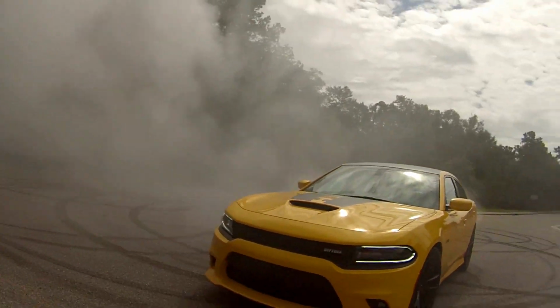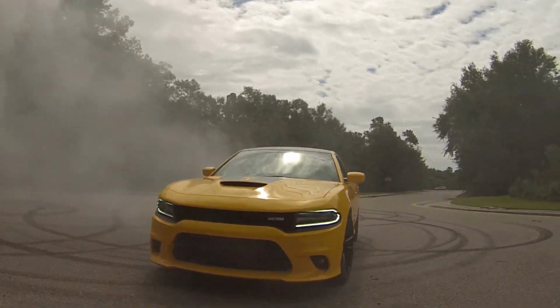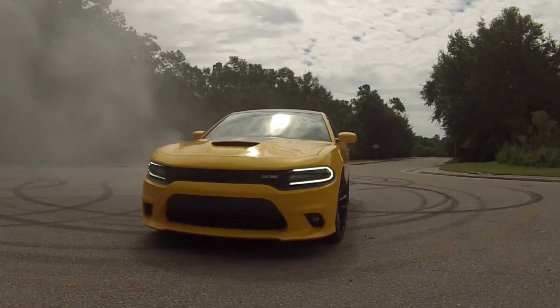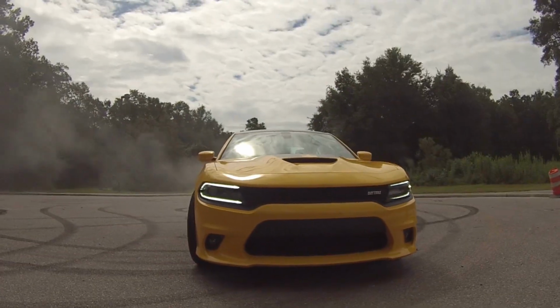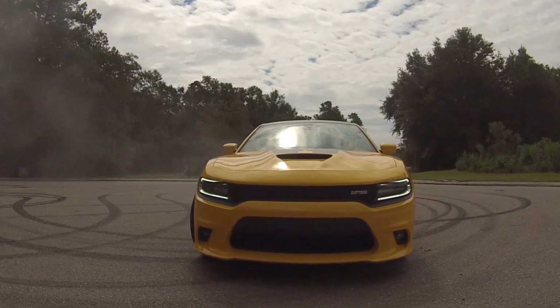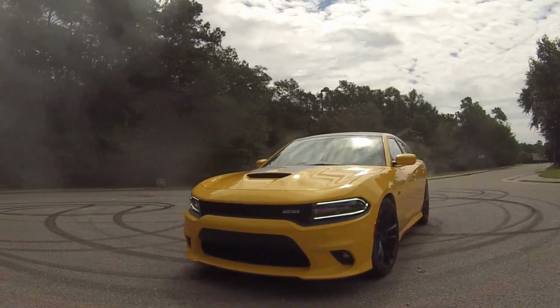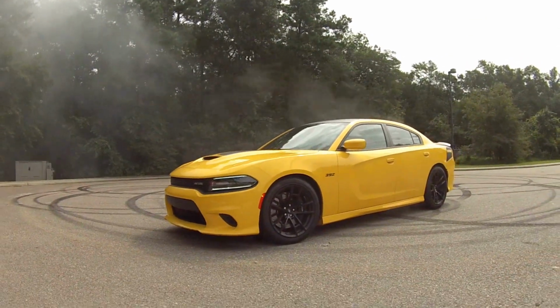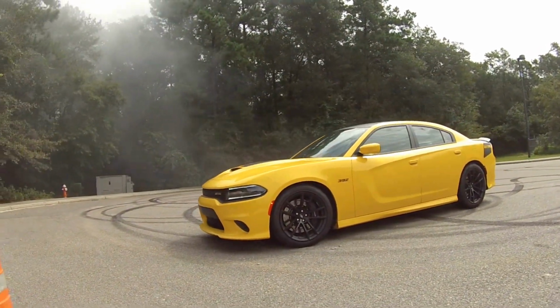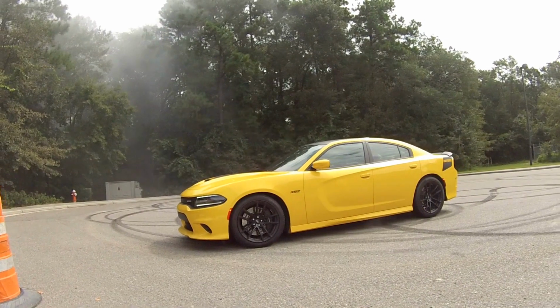So as you can see, the 2017 Dodge Charger SRT 392 can make a hell of a lot of smoke. This is an amazing car. 6.4 liter V8, made 485 horsepower, 475 foot-pounds of torque. So with this motor, we are down to a sprint time of about 4.3 seconds, 4.4 seconds, and it is